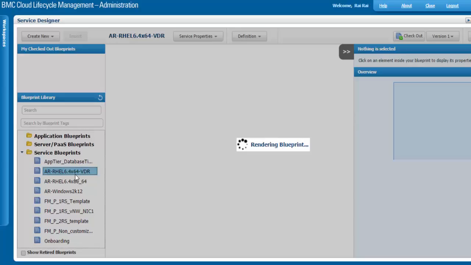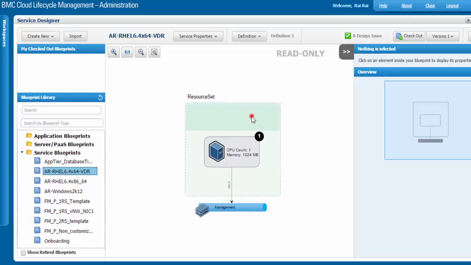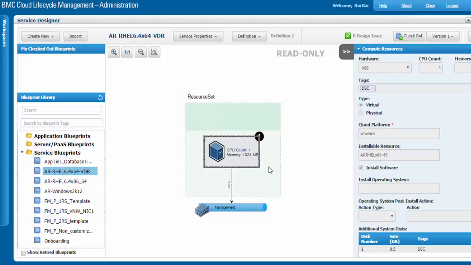Click on service designer, select your service blueprint. Here is my service blueprint, and let's select the compute section. On the right hand side you can see that I have already configured the tag group and tag, which were already there on your Datastore cluster. The tag group is VDR and the tag is DSC. There are two options. Either you use this service blueprint specifically, or you can configure options and option choices, and have your users or requesters select which datastore they would like to place their resources on. For now, I have already configured the tag group and tag so that the resources get hosted or placed on this datastore. Once you're done with this configuration, you can save and check in your service blueprint